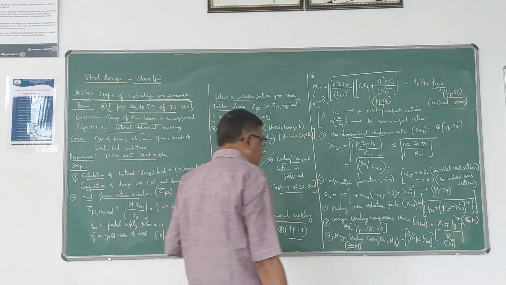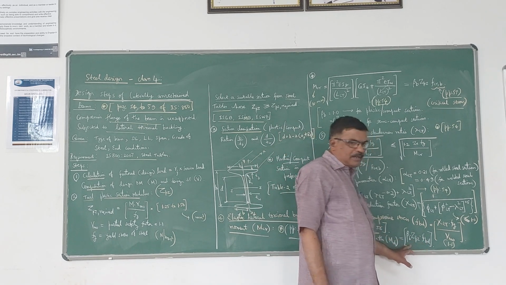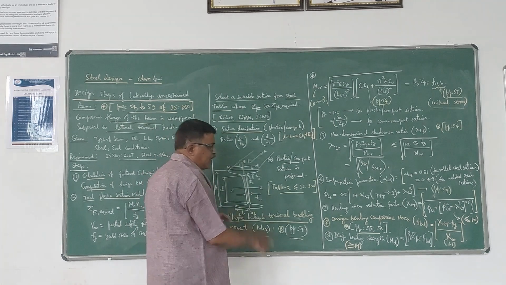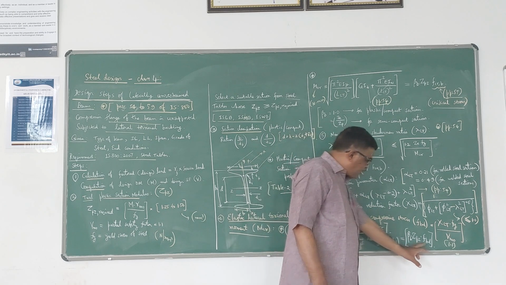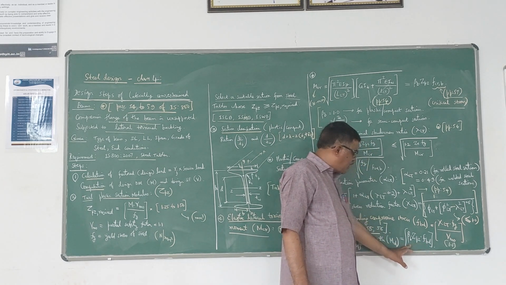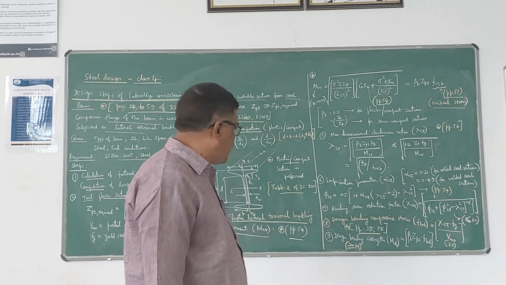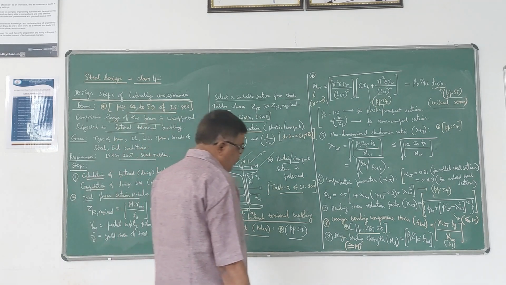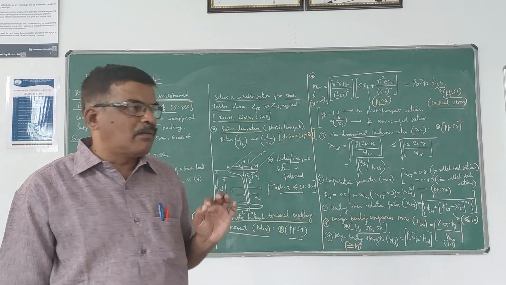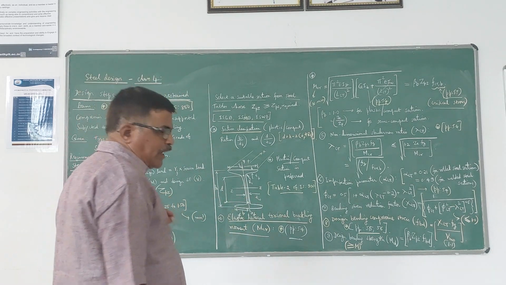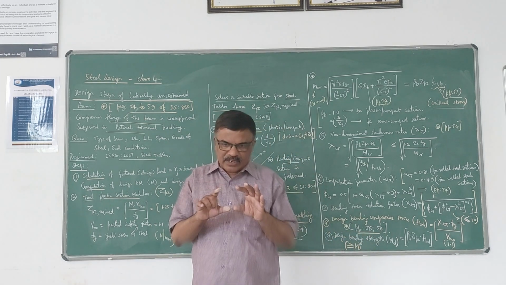After getting this FBD value, it is multiplied by ZPZ, for whatever section you have, and beta B, which can be 1 or ZE by ZP. After multiplying FBD by ZPZ and beta B, that is the design bending strength, the MD value. So MD is the design bending strength. That value should be greater than or equal to the maximum bending moment. Then only it is safe under bending.